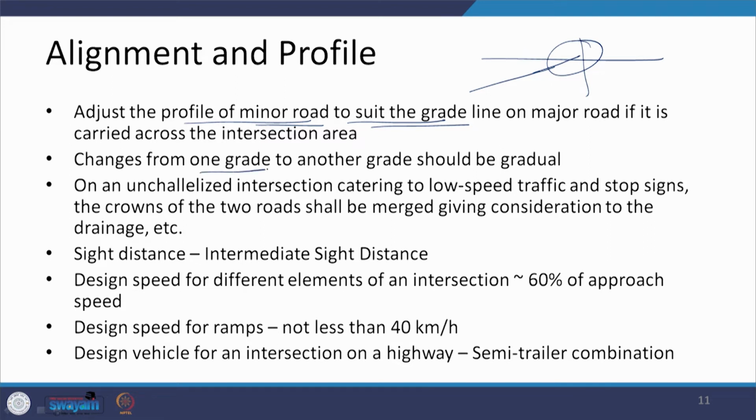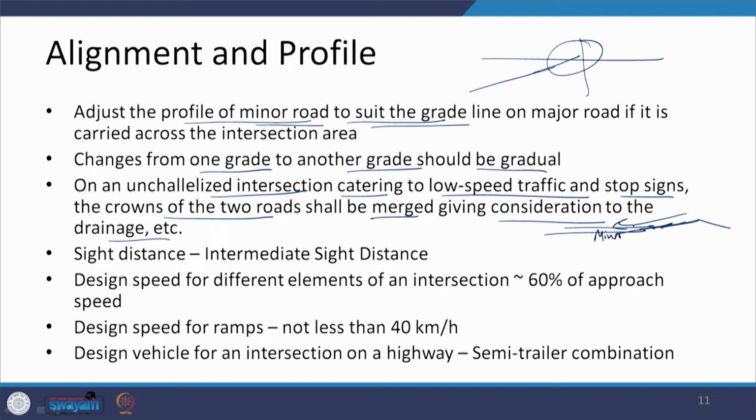The changes from one grade to another grade should be gradual. On unchannelized intersections catering to low speed traffic and stop signs, the crown of the two roads shall be merged, giving consideration to drainage, etc. So, that is another thing which needs to be taken care of. It may happen that, say, we are talking about the crown like this, and whatever the slope, and there is a road coming from this side as a minor road, then with respect to this crown the profile can be adjusted,